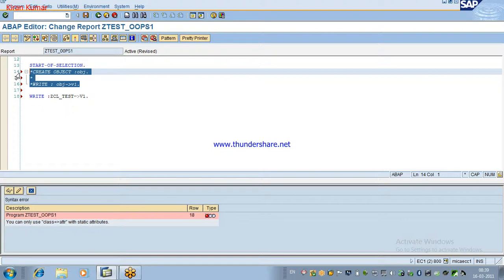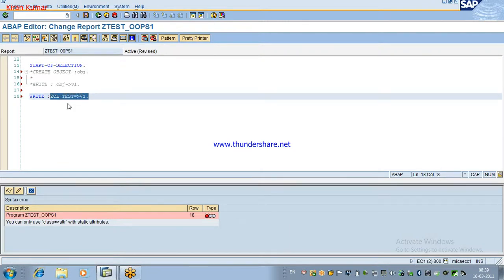But for the static, there is no need to create the object. You can call directly like this. On the screen you can see class double arrow attribute, class double arrow method name, class double arrow event, like that you can call it. So this is the difference.